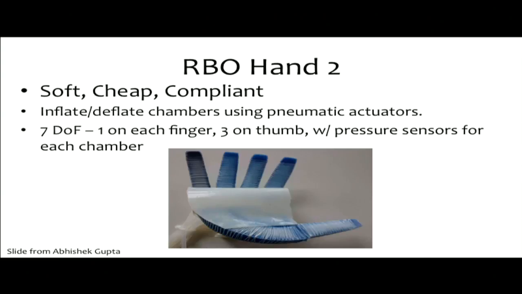And so the motivation behind this paper was that they were using this soft hand, which is an inflatable hand, and so it's controlled by adjusting the pressure in each of the chambers in the hand. And so when you adjusted the pressure, it would move each of the fingers or move part of the hand to actually move the fingers.